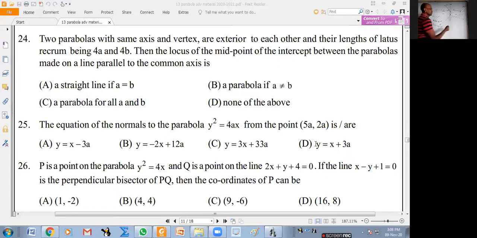I understand what you're saying. Like this is there, like this is there. Then the second parabola is inside the first parabola, because for a parabola, inside parabola means this side. Outside parabola means this side. It's not that this is also outside. You've understood, right? Yes.